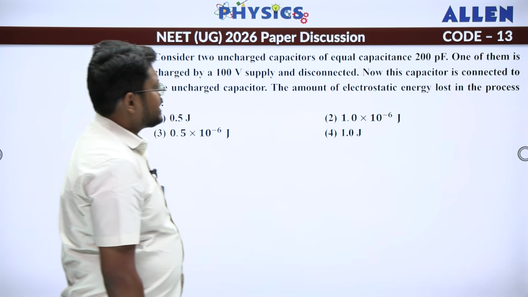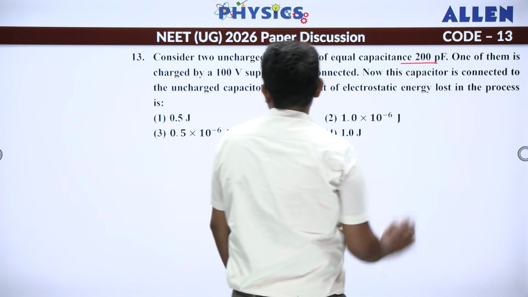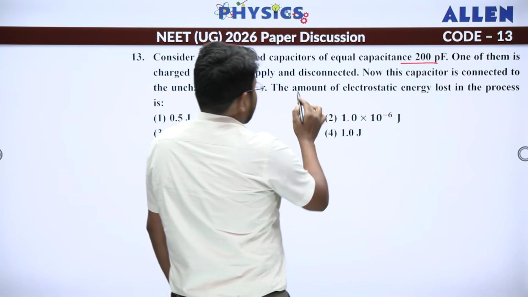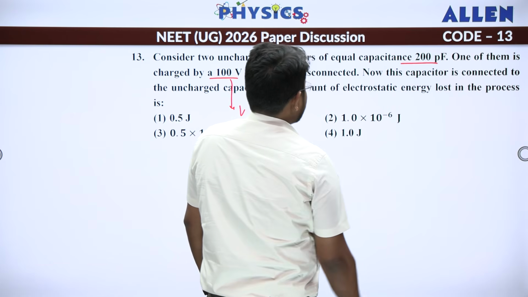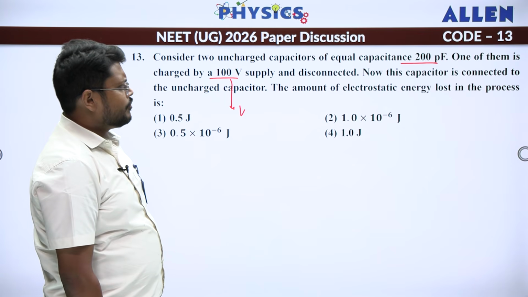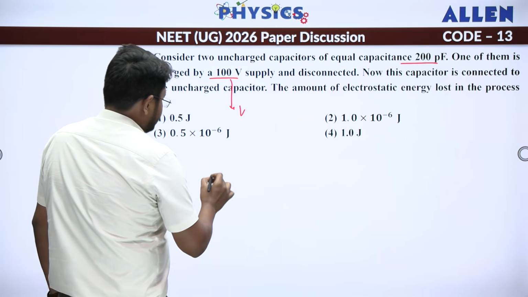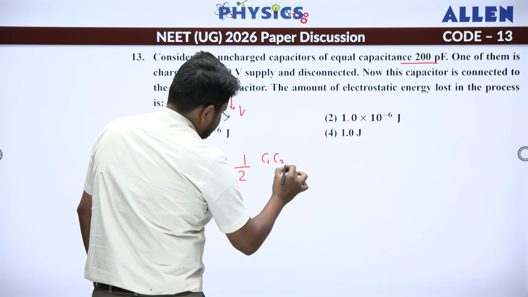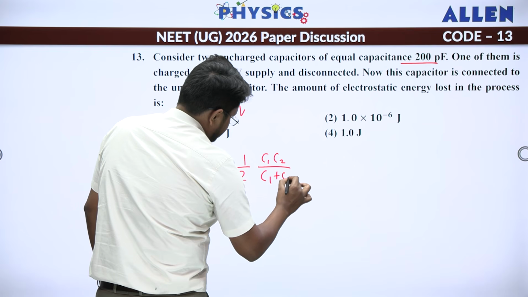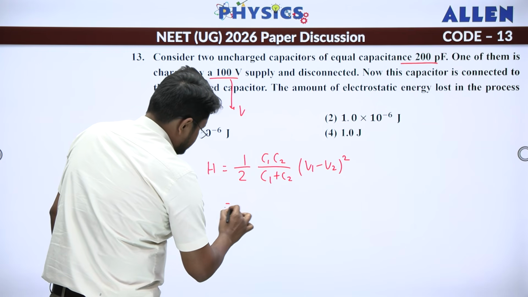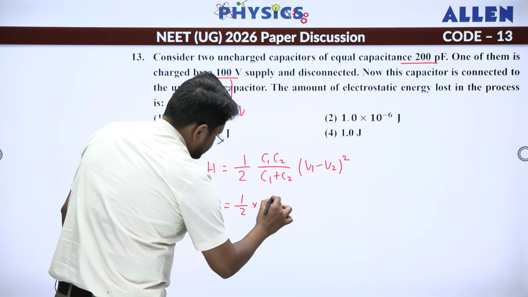Consider two uncharged capacitors of equal capacitance. One of them is charged, okay, so this is the voltage, and then disconnected. Now this capacitor is connected to the uncharged capacitor. The amount of electrostatic energy loss. So heat loss, this is a direct formula based question. Half C1 C2 divided by C1 plus C2, V1 minus V2 whole square. Okay, so half C1 C2 is equal